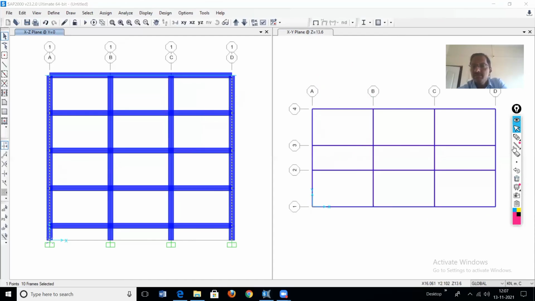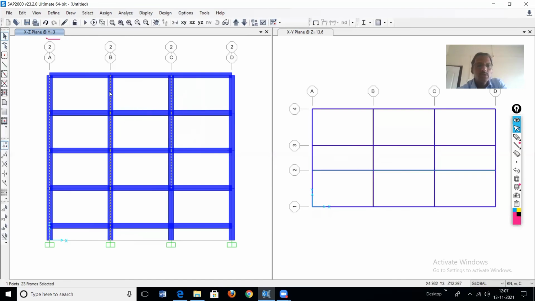So this is the first frame, y equal to 0. Then go to the next, y equal to 3. Again select the columns, not all columns, sorry.